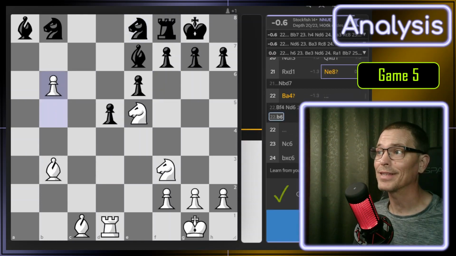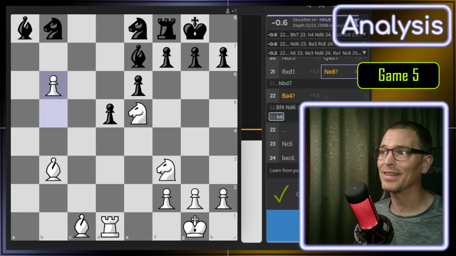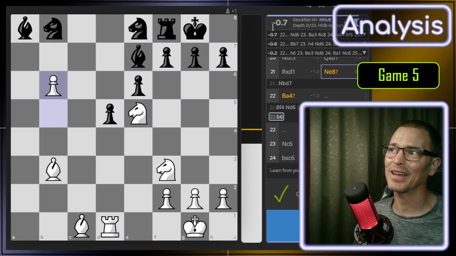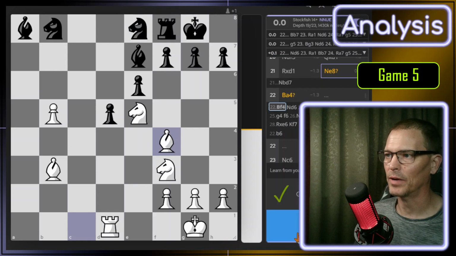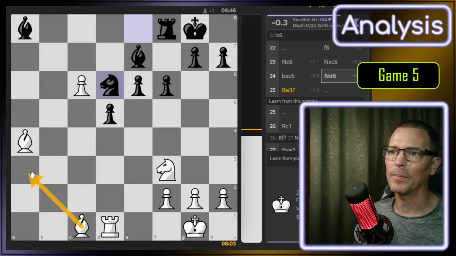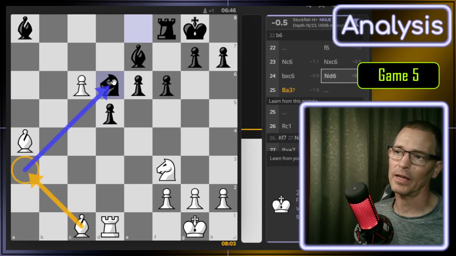Oh, that one it finally said was a good move, but it had to have been at least an inaccuracy to take us from even to minus 0.7. What was it? It was bishop to f4. That's the only move that would not have been counted as inaccurate. Okay, next. Okay, here I played over there, which I guess was bad because they could move the knight here